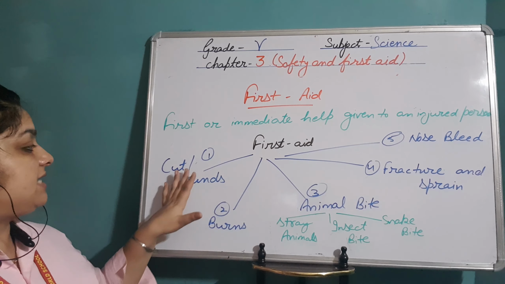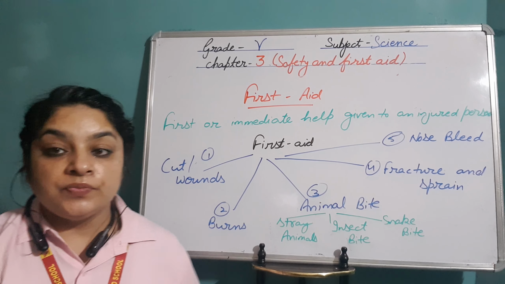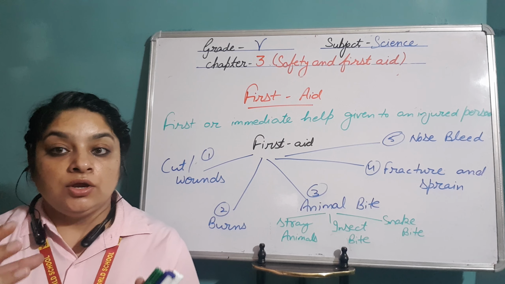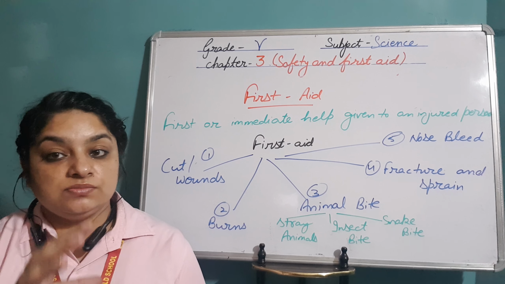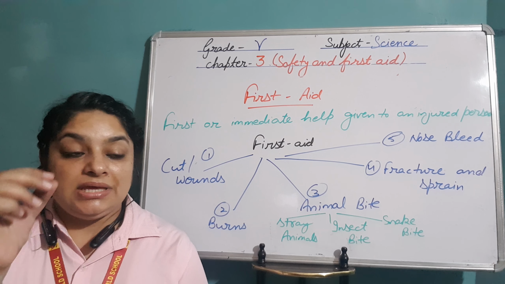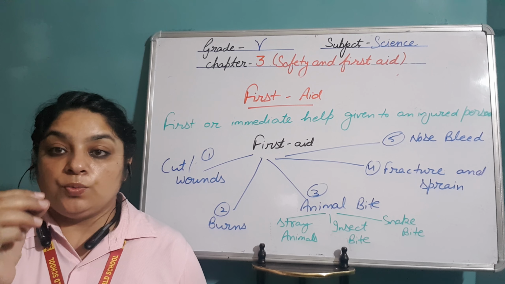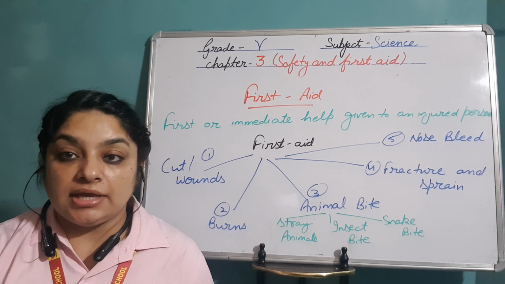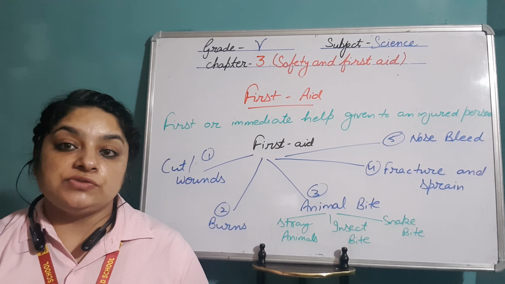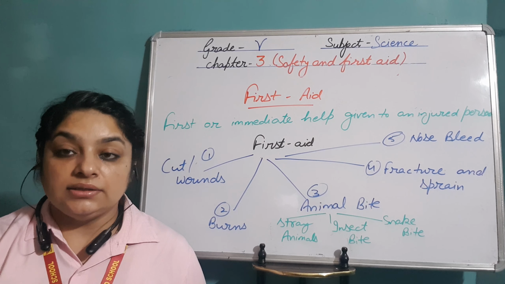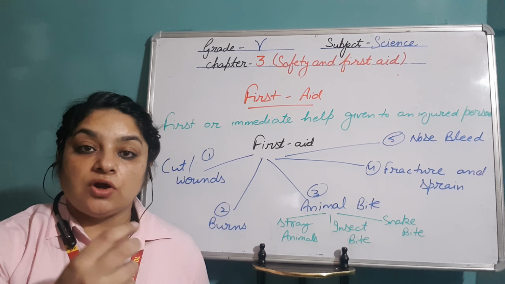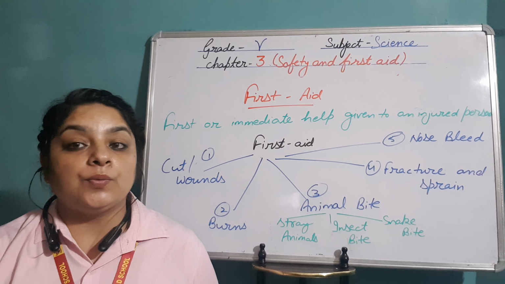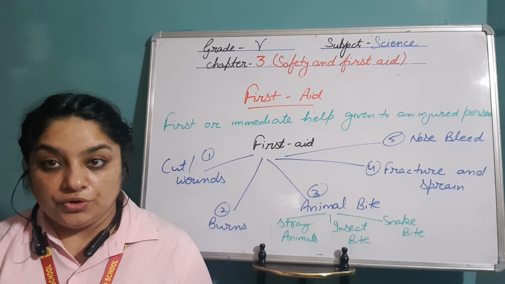First of all, the first aid in case of cuts and wounds. There are germs on our skin. So in case we get a cut or wound, those germs can enter through that cut or wound into the skin. So first of all, it is very important to wash and remove those germs. We can first wash that area, and then we can use, for example, Dettol, Savlon, or any antiseptic liquid to clean the wound or the cut.